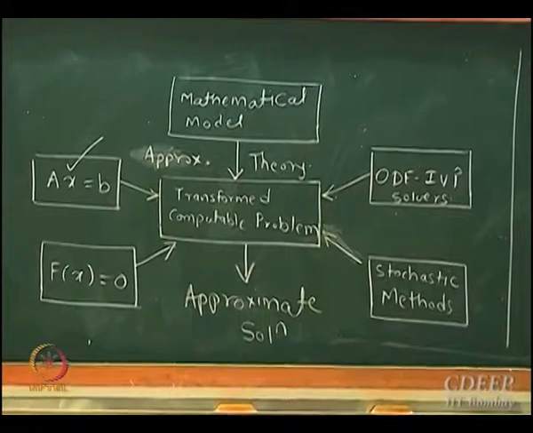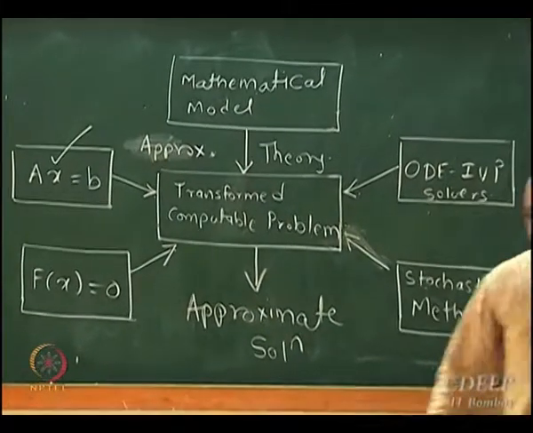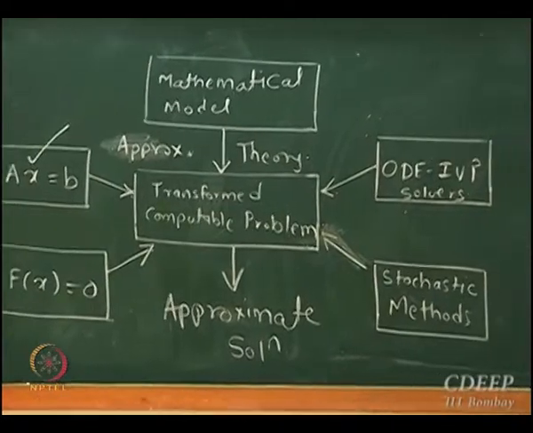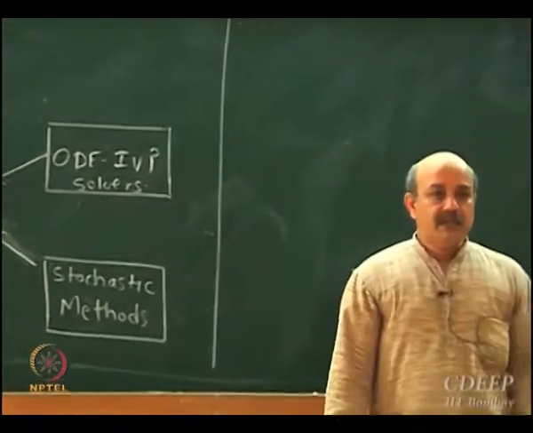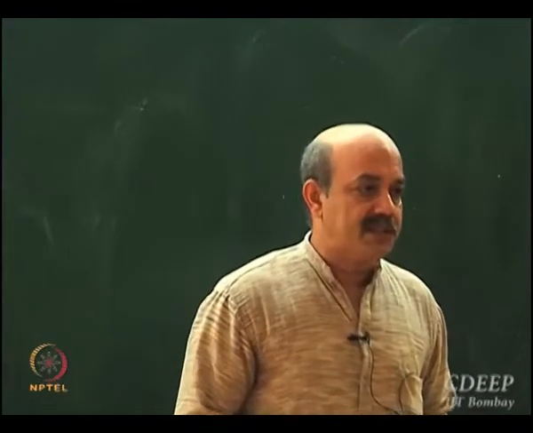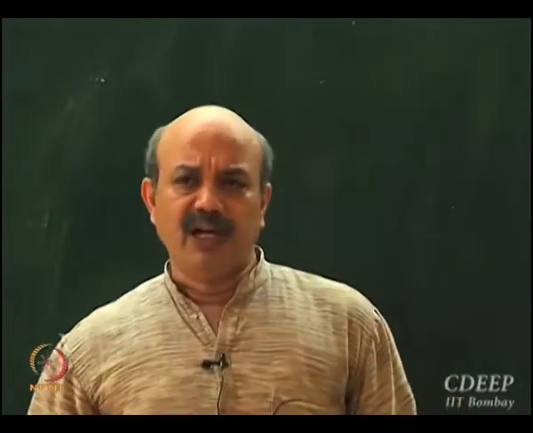Okay. So now let's move on to f of x equal to 0, solving nonlinear algebraic equations. We have already done something about this. We have already derived Newton's method starting from Taylor series approximations, right? Now you might wonder, well, I know Newton's method, what's there? Why do I need many more things?